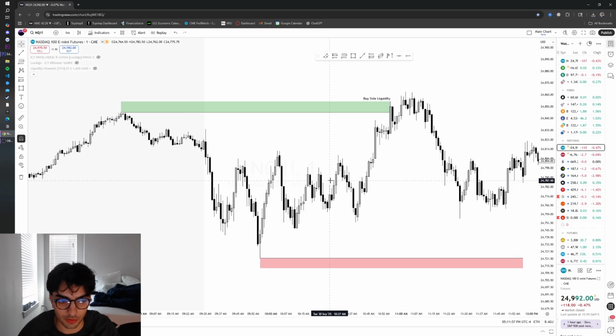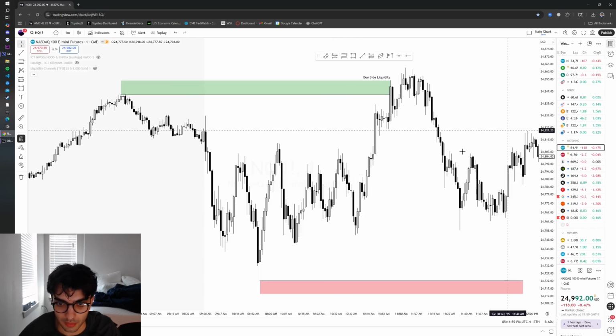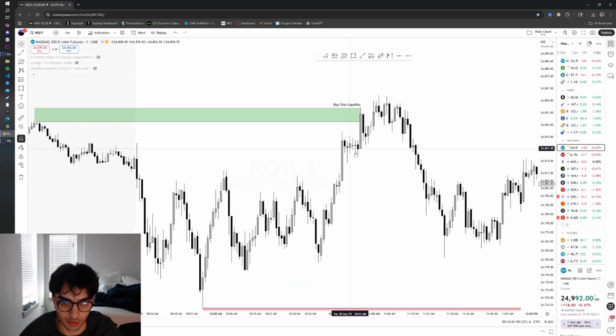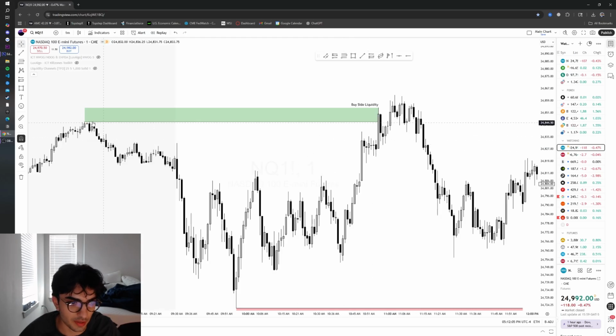Just a quick example here. If you're planning on going short here, your stops are going to probably be at the most recent high. So what happens here? These highs get taken out, buy side liquidity gets hit. A lot of stop orders are filled. As you can see, we're not really moving that much higher here. We're just wicking around before moving back down. What this does is it traps out retail traders, stops them out, and the market makers will move this